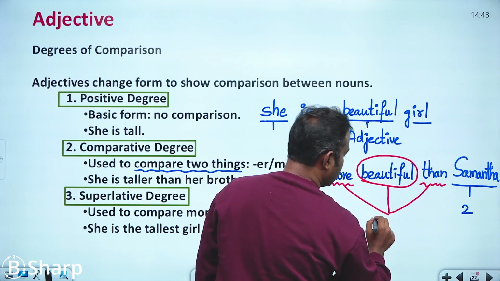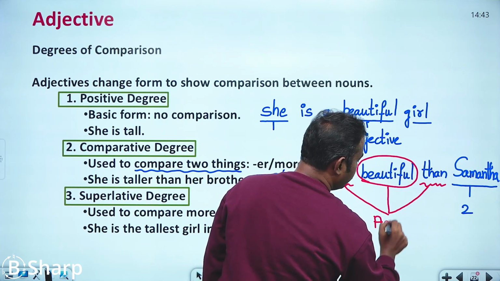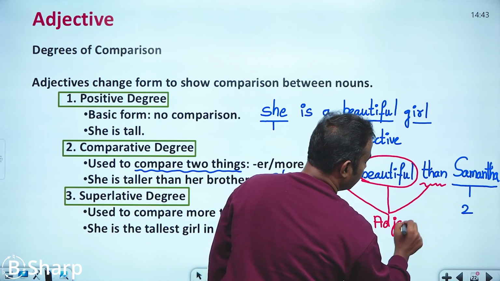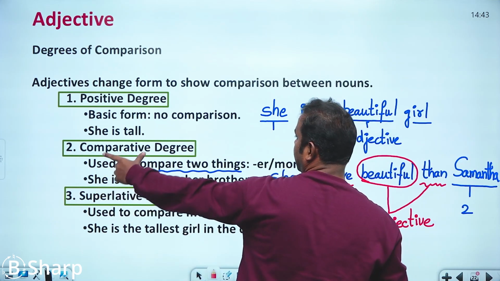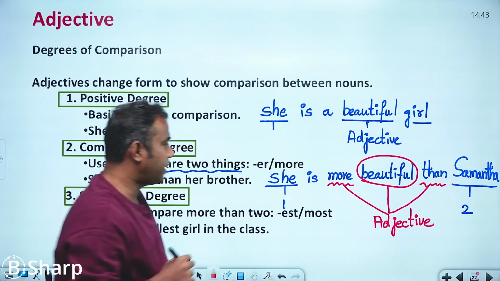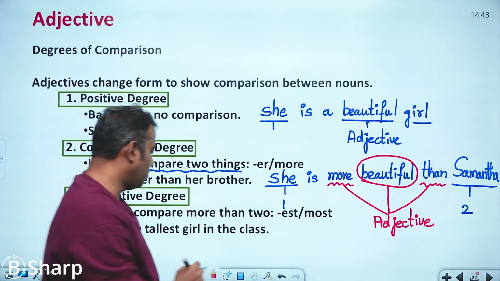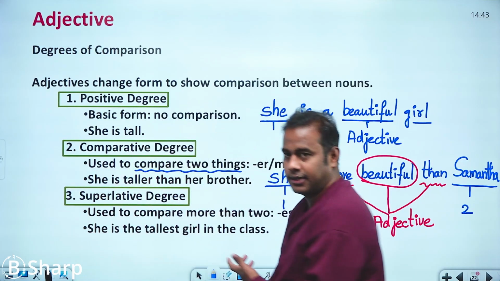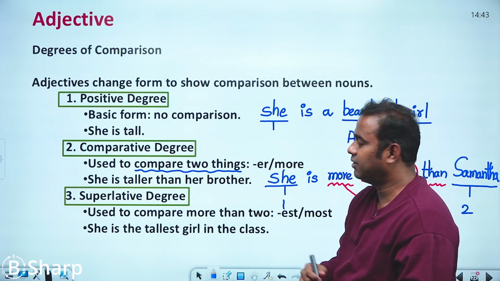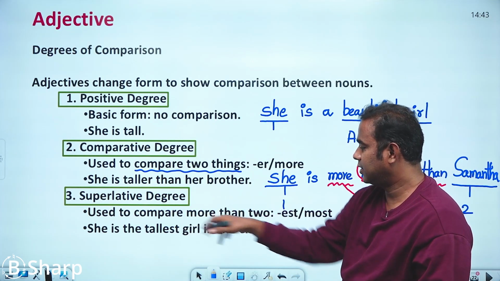So now the adjective has become second degree. This is a second degree adjective, which is called a comparative adjective. Okay, now for the same sentence, when I'm going to say it for the superlative degree, how we can write it is: she is the